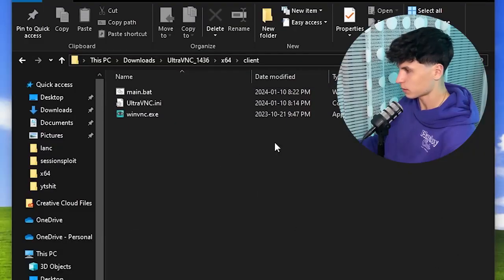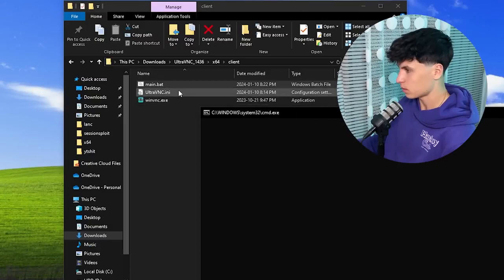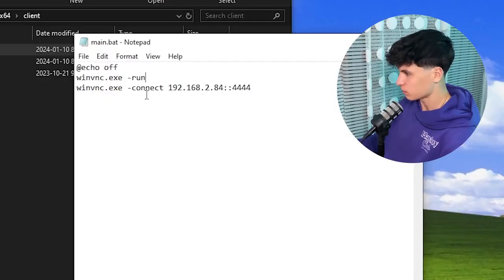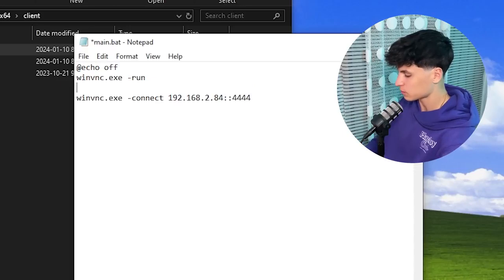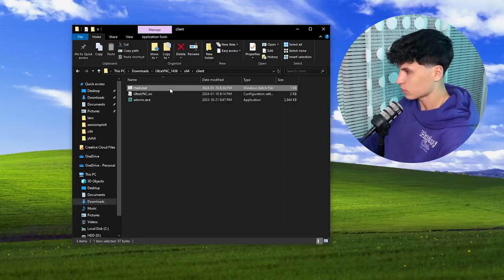So we're going to go back to the client folder, and I'm going to test it out on myself first and then on a separate laptop. So we're going to run main.bat and nothing. Embarrassing! Okay, so I forgot something about the main batch file. What's happening is that the commands are running too fast and it's trying to reverse connect right after this, so we don't even give the program a chance to run. And to fix that, we can just put the timeout command to wait for like 1 second. And we're also going to put start before the first command and before the second command. Now if we try running it,